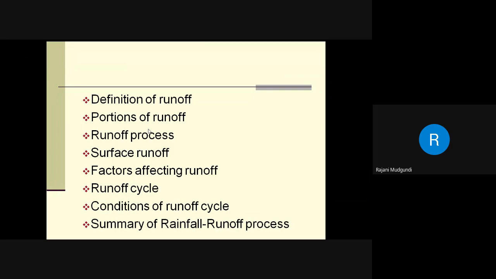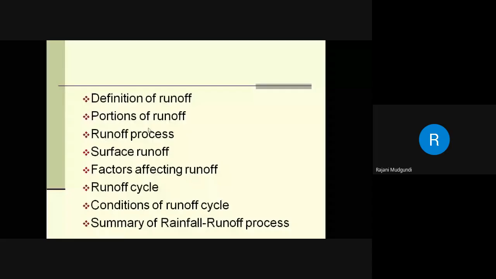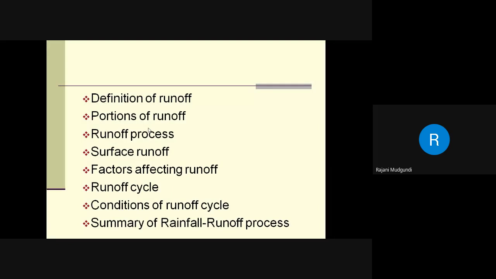Related to runoff, these are the contents we are going to discuss: the definition, portion of runoff, what is the runoff process, what is meant by surface runoff. Basically there is a difference between runoff and surface runoff, and we are going to discuss that difference. Then the various factors affecting runoff, what is meant by runoff cycle, conditions of runoff cycle and the entire summary